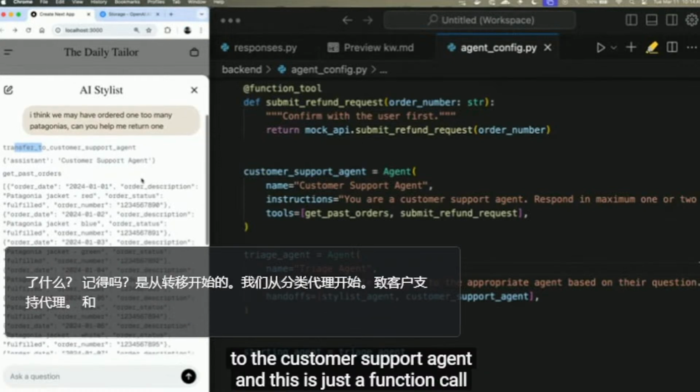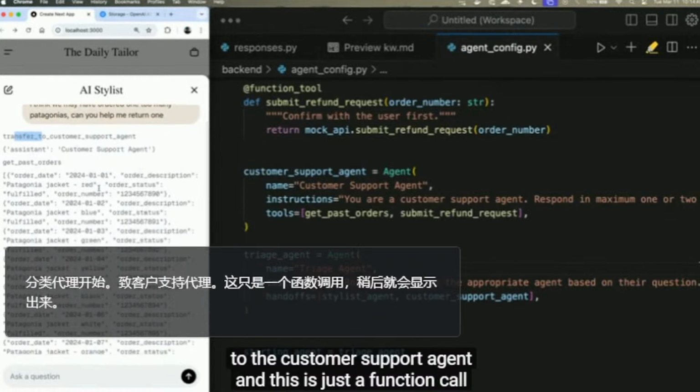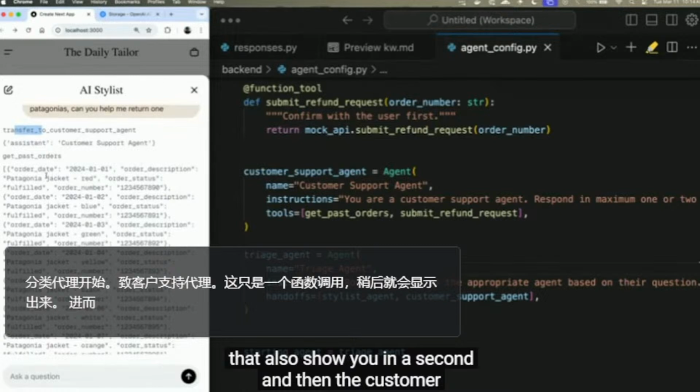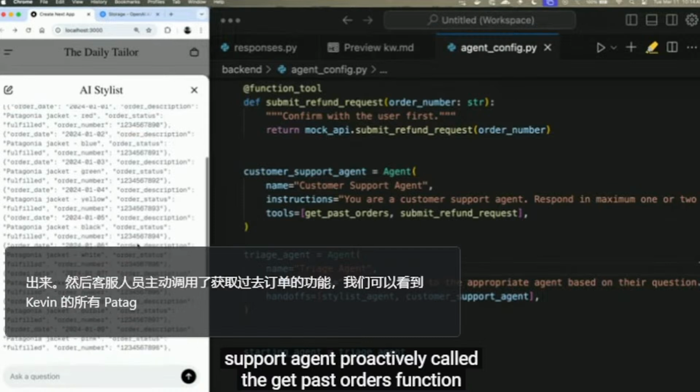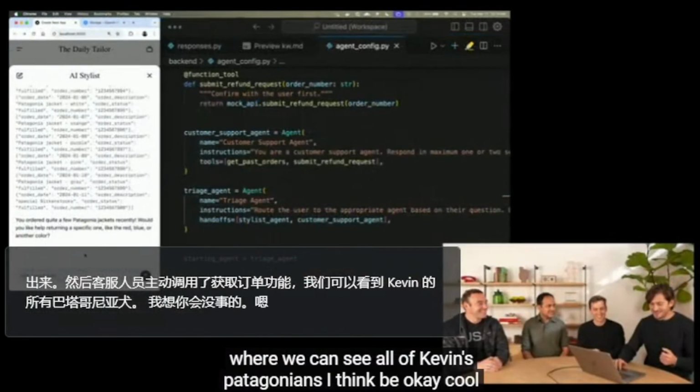And this is just a function call that I'll show you in a second. And then the customer support agent proactively called the get past orders function where we can see all of Kevin's Patagonias. I think you'll be okay. Cool, so